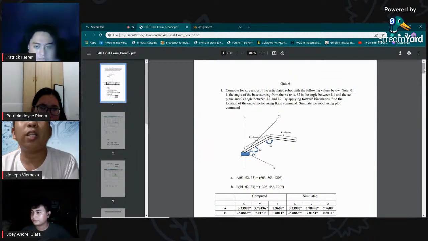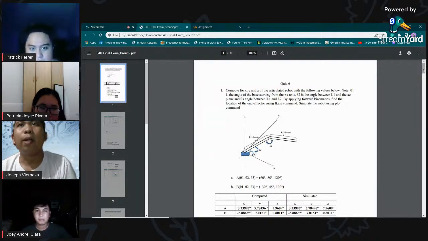Compute for X, Y, and Z of an articulated robot with the following values below. Theta 1 is the angle of the base starting from the x-axis. Theta 2 is the angle between L1 and the XY plane. And theta 3 is the angle between L1 and L2. By applying forward